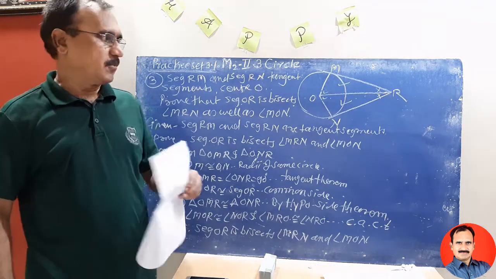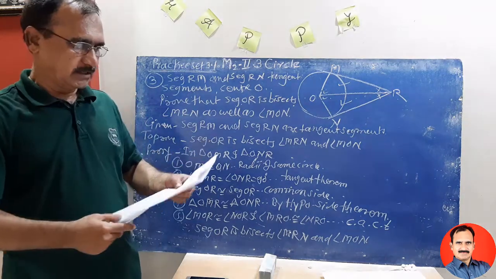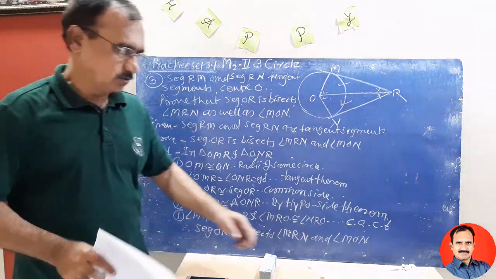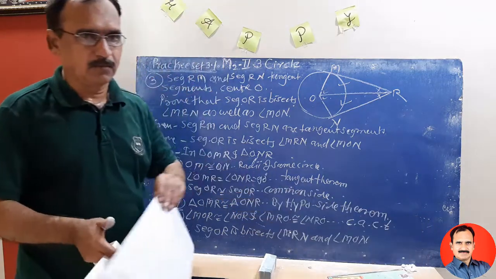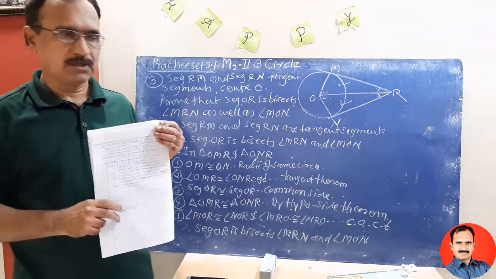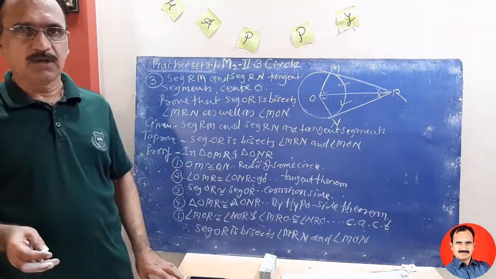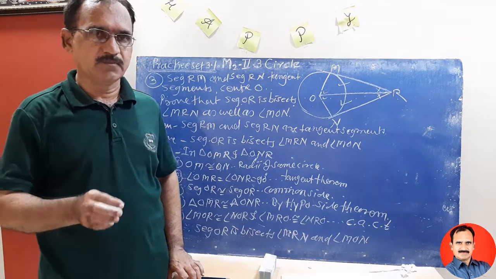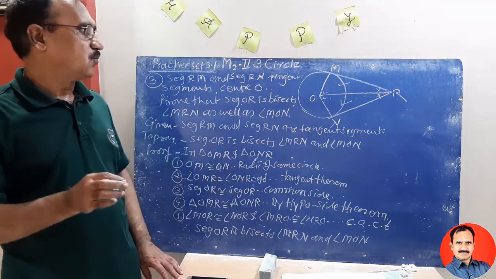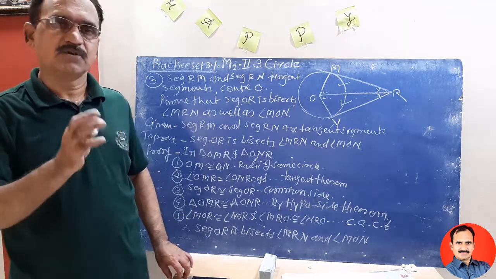Now only two examples remain here, example number 2 and example number 4. You try to solve them yourself, and then the next point in the chapter we can see in the next period. If any problem, you can ask me, message me, or phone me. My number I have already given in the first and last period also.